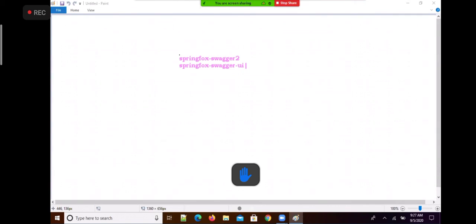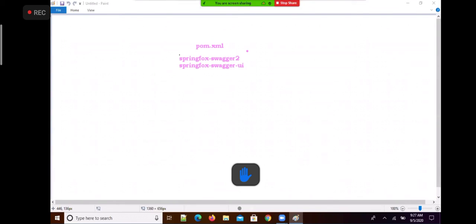These are the two Swagger dependencies which we are going to add in our application's pom.xml file.